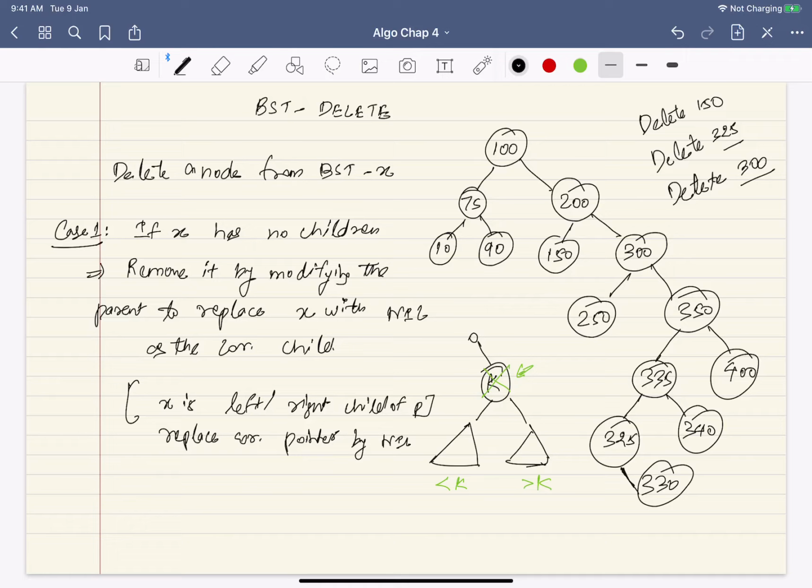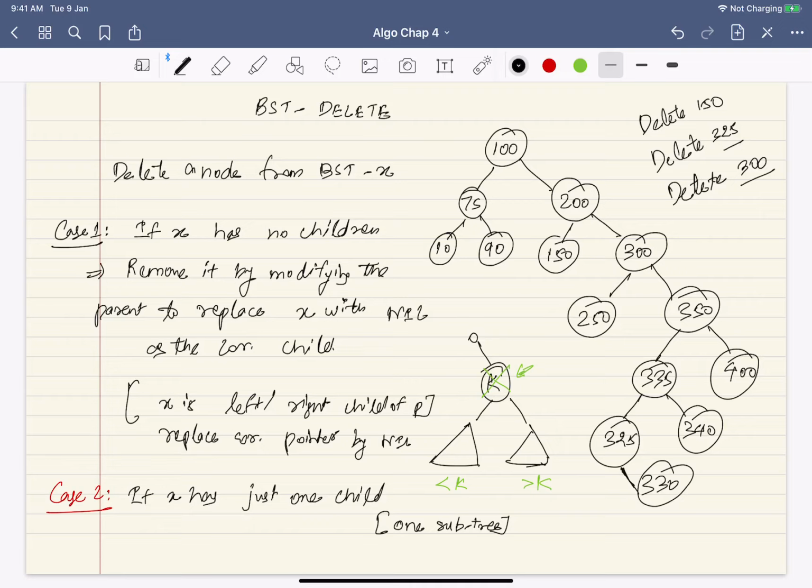Now next would be the case of deleting 325. So case 2, if X has just one child, and when I say X has one child, that means in general it can be only one subtree.